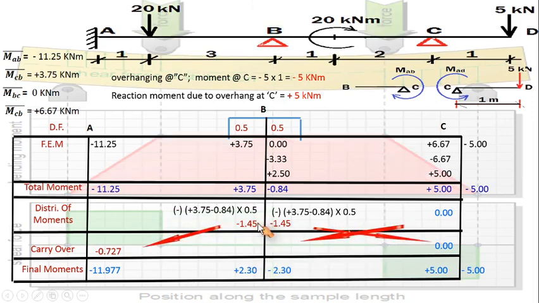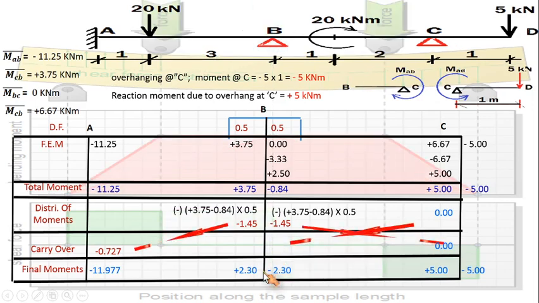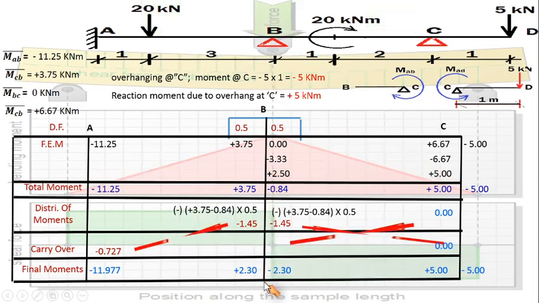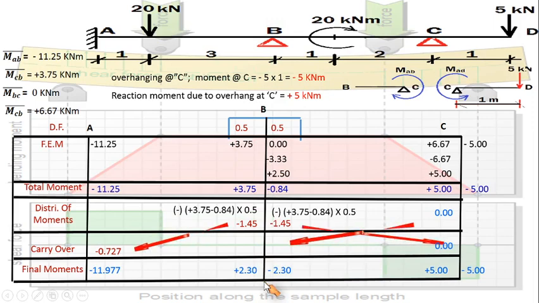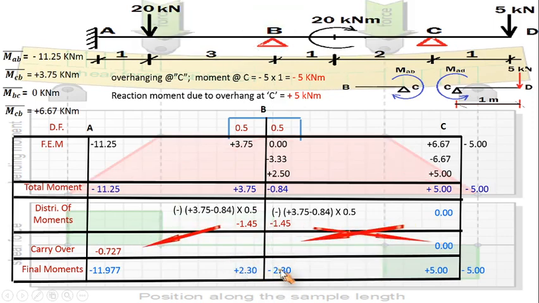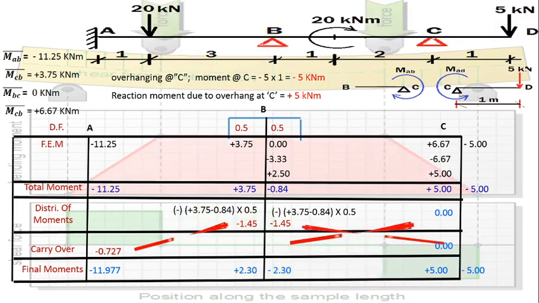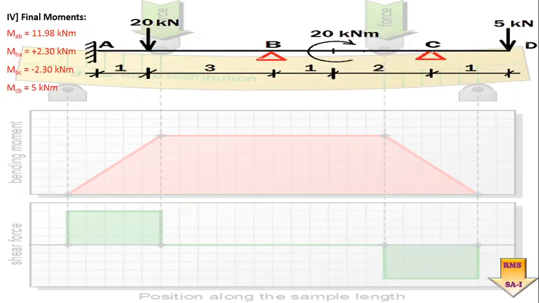these two are coming out to be equal to 0 or they are merging towards 0 in the consecutive iterations. So that is the time where we should understand we have to stop the iteration. Is it okay? So here this is the solution for finding out the final moment. After this we know what we have to do.